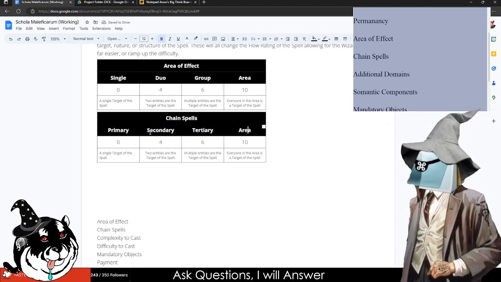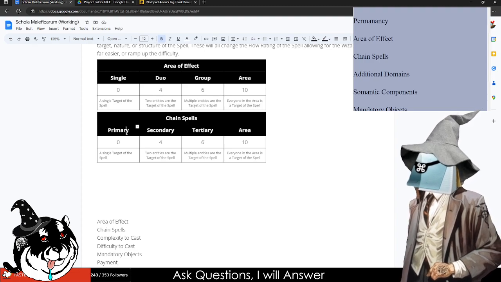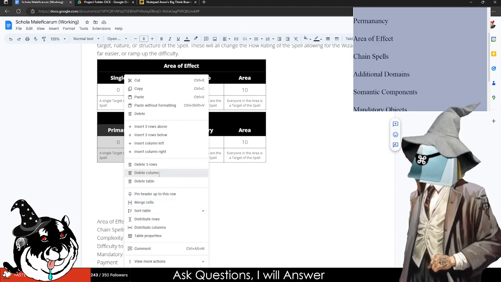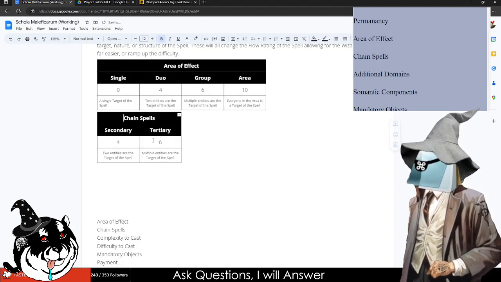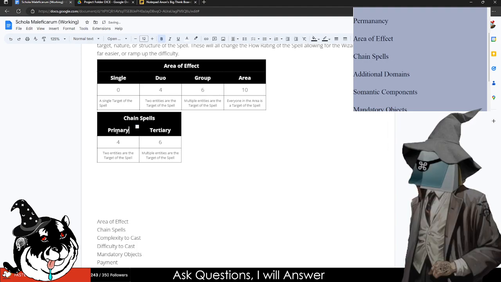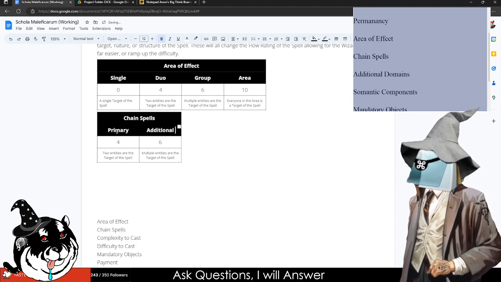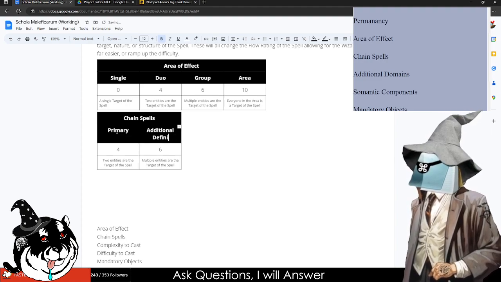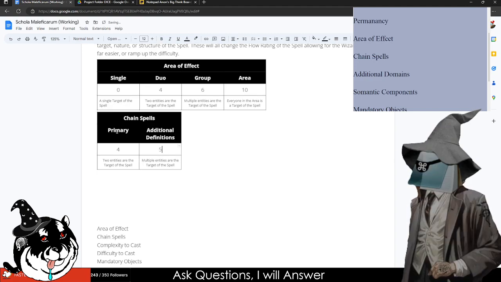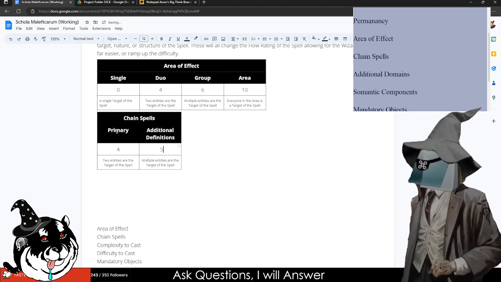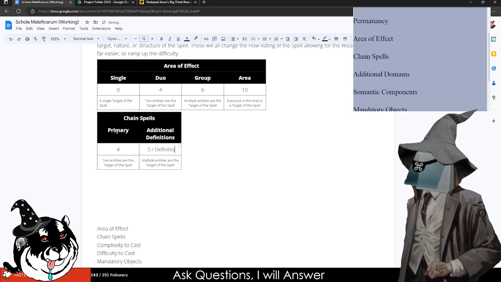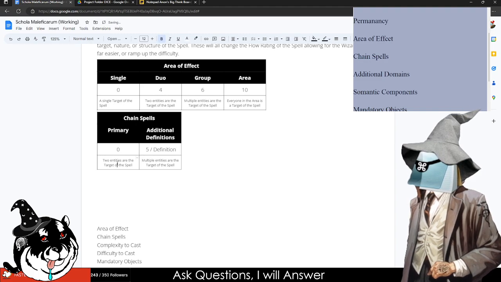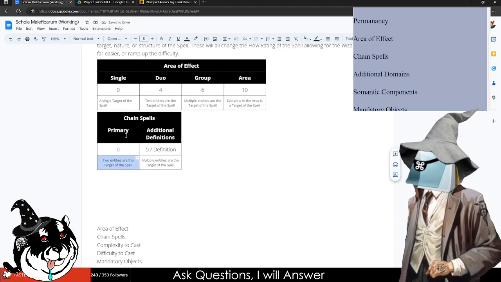Actually, we're gonna do, if we do the idea of a... actually, we delete that column, we delete that column, which we're going to do primary, additional definitions, which is going to be 5, 0 primary, just using